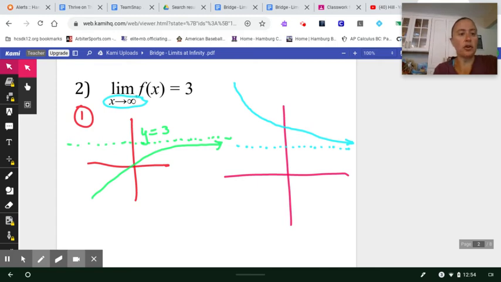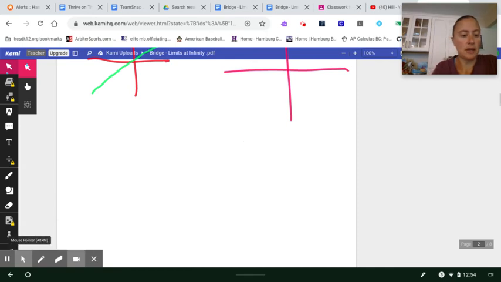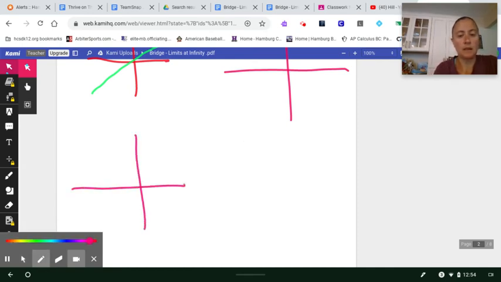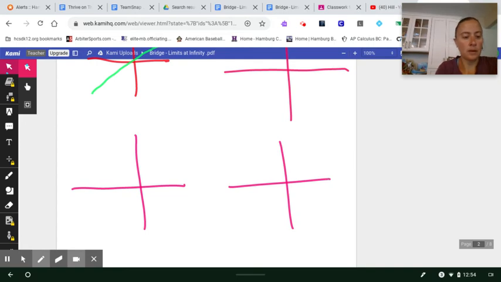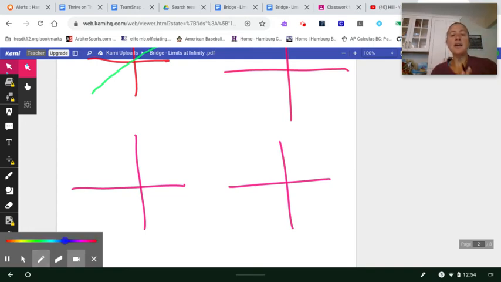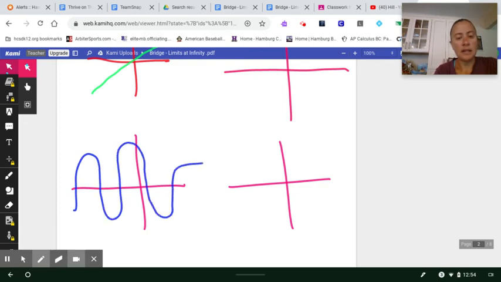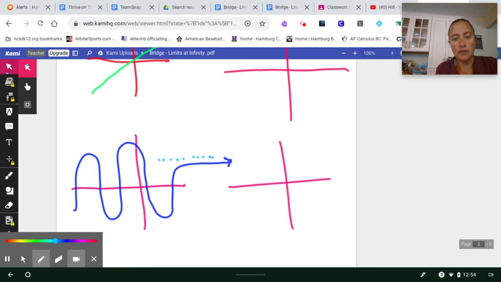Now, let's try to get a little more creative. I'll try to draw something else here. We'll do 2 more. All right, as I go out on the x-axis, I want to reach an intended height of 3. What could this look like? What if I did something like this? And then I could tail off at 3. As long as I'm creating an asymptote here, I'm only ever reaching an intended height of 3 as x approaches